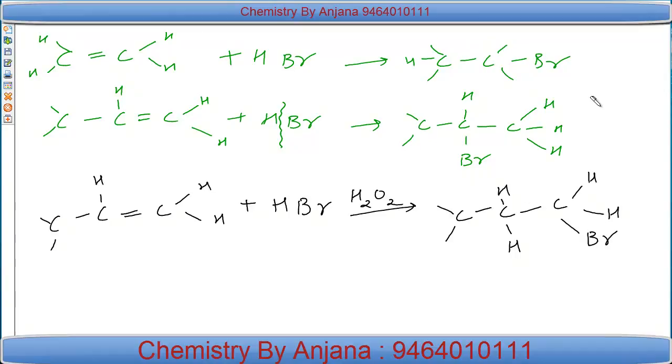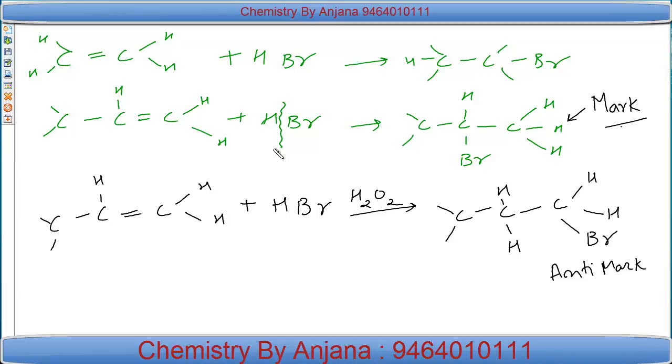सो अगर आप देखें ये जो ऊपर हमने इधर बनाया था ये था हमारे पास Markovnikov product। अब Markovnikov product के just बाद में मैंने यहाँ पर आपको anti-Markovnikov product बना के दिखाया है। सो Markovnikov और anti-Markovnikov product में difference क्या है? यहाँ पर rich becomes richer फॉलो होता है, यहाँ उसका just reverse, and all this is decided by this हाइड्रोजन परऑक्साइड। अगर HBr के साथ हाइड्रोजन परऑक्साइड ले लिया you will always get anti-Markovnikov product, और अगर अकेला HBr